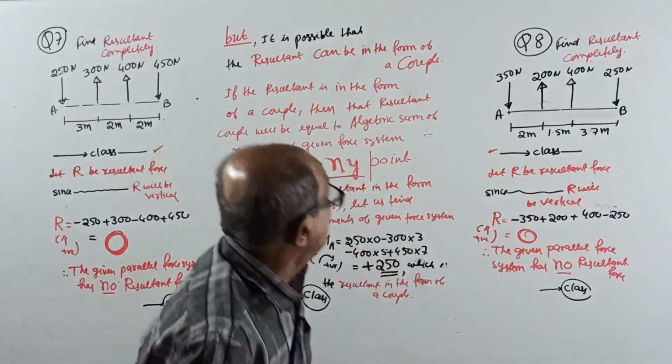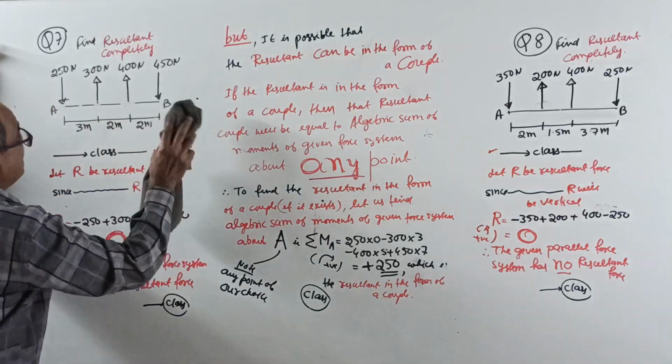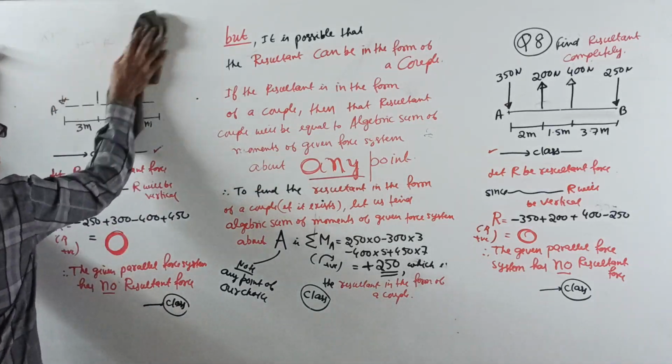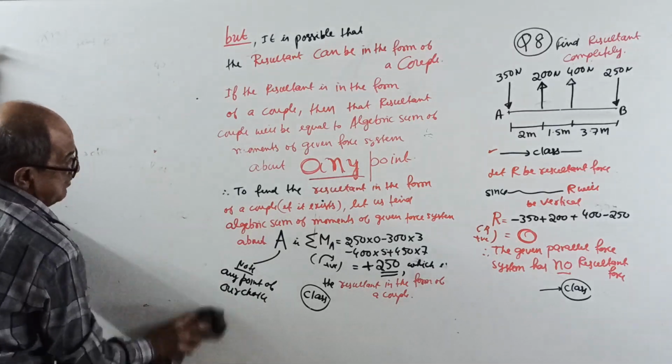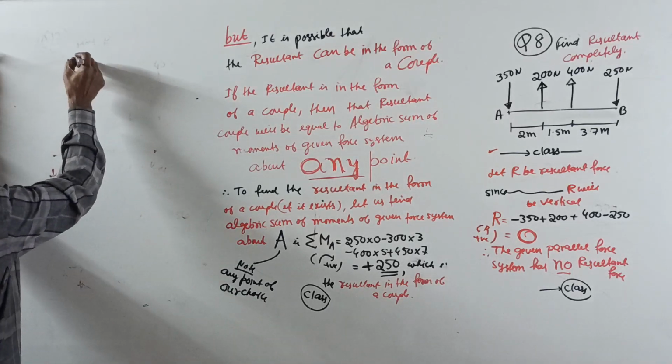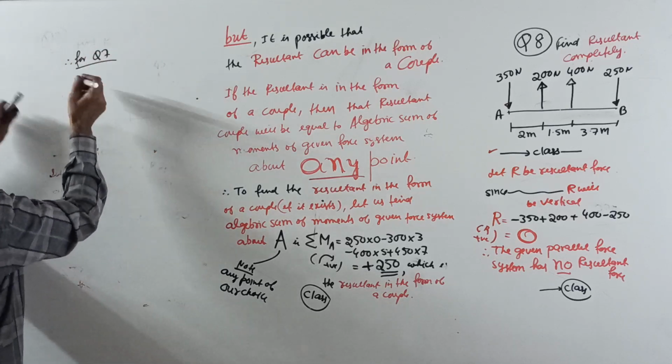See, everything is over now. This I will remove now. This sketch I will remove because I want that one for the next question. I will remove this fully, right here, for question 7. Therefore, for question 7, the resultant